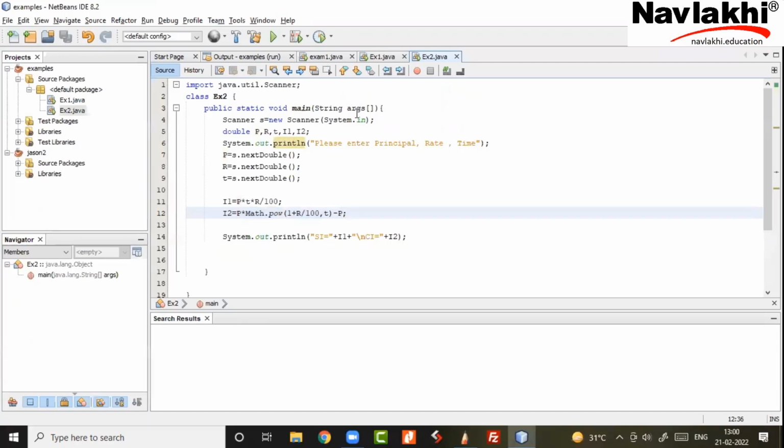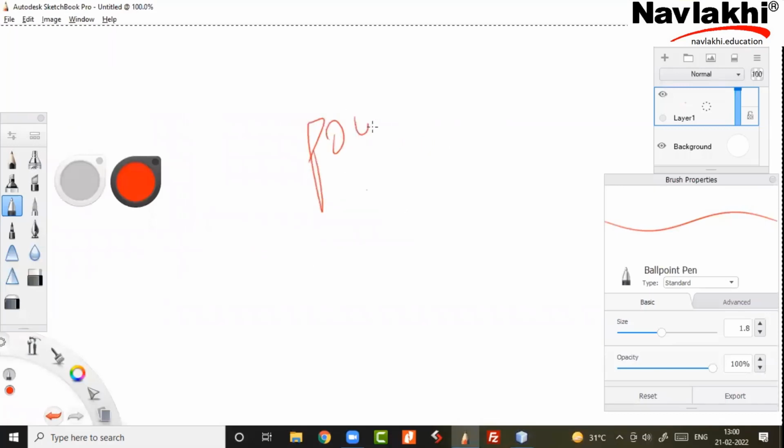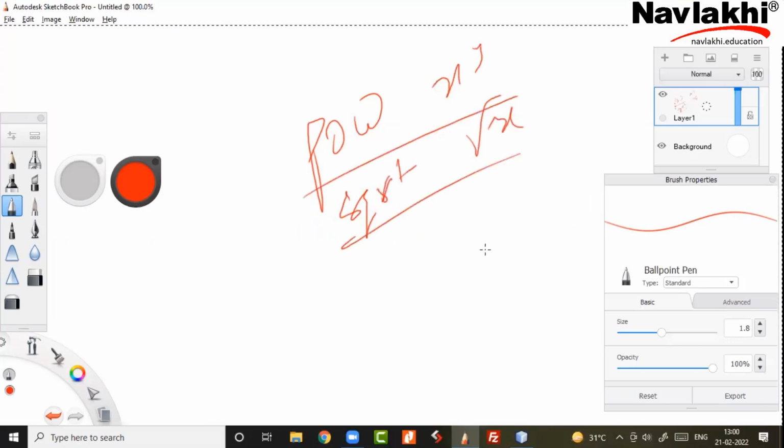Because this is the first time I'm seeing math dot pow in Python, I may think it's the same next time. It was Math.pow, maybe in Python. I haven't done that in Python. POW is for X to the power Y. SQRT is for root of X. That you have to keep on remembering. Then as and when we go on, you can keep on doing it. Okay. That list you'll have to remember.